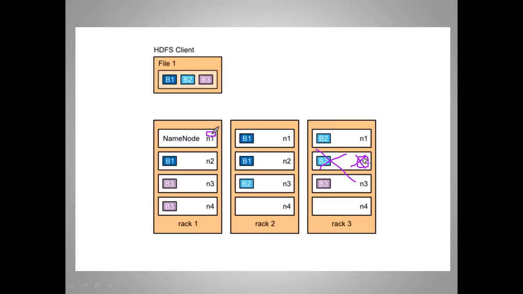And even from the same block location, it can understand these 2 data nodes, specifying the under replicated exception and to go on with the other copy. So the block 2 will be made as another copy either in this rack or in this rack, because it will again follow